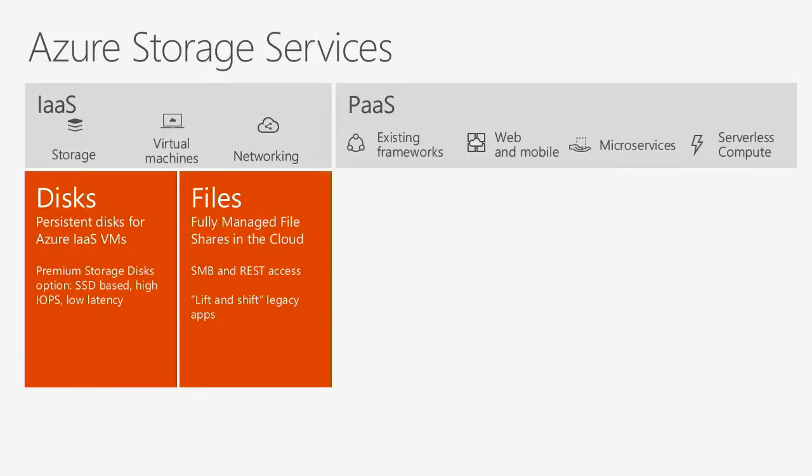We have disks, and these are essentially the persistent disks that you attach to VMs in Azure. They're attached to just one VM at a time. They're single use, and these include magnetic media and also high-performance SSD-based media to meet high IOPS, low